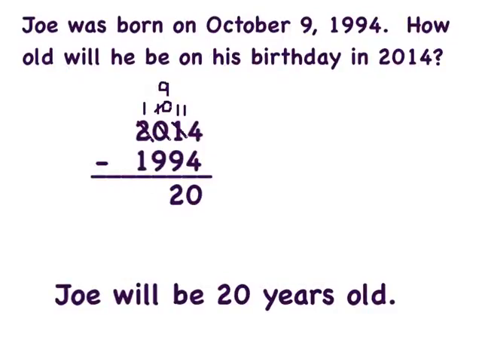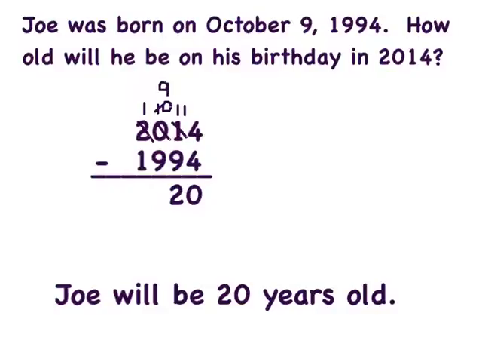Let's look at this example in counting elapsed time in years. Joe was born on October the 9th, 1994. How old will he be on his birthday, October the 9th, in the year 2014? So we're going to set this up as a subtraction problem. I would have 2014 minus the 1994. I don't need to worry about the days and the months because we're talking about his birthday, October the 9th